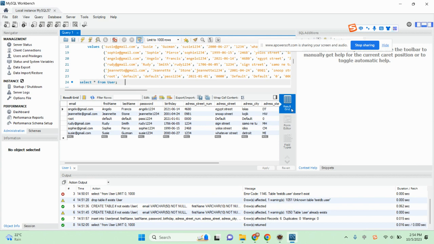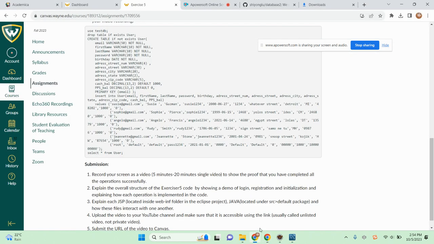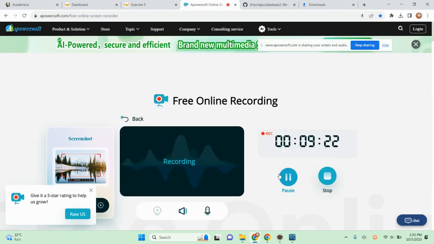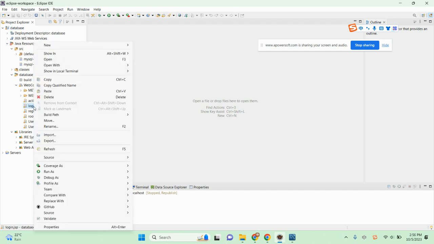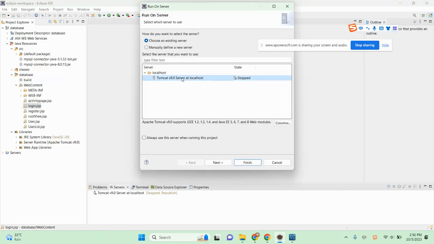Okay, and the page has been opened here. For the next step, we're going back to Eclipse, where I already opened all the categories like a file. Under the Java database, the web content, we are going to execute the login JSP on the server to see how it looks. So, run on server,